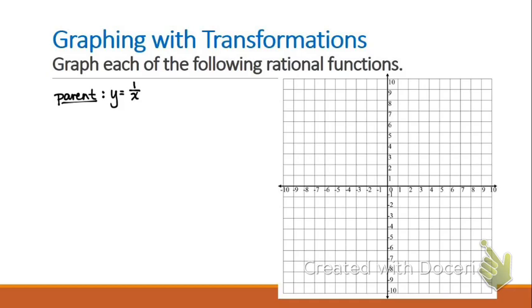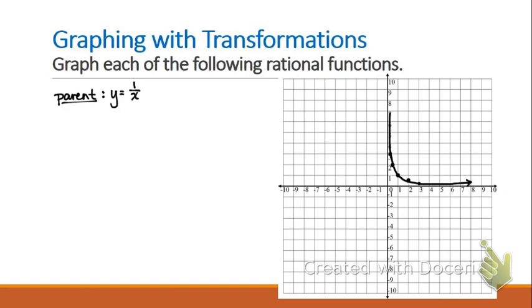So if my x value is 1/2, my y value is up here at 2. If my x value is 2, my y value is at 1/2. Same thing with the 3's. It's going to be 1/3 on the x, 3 on the y, 3 on the x, 1/3 on the y. The only one where I hit a whole number point is 1, 1. So here's what I would see